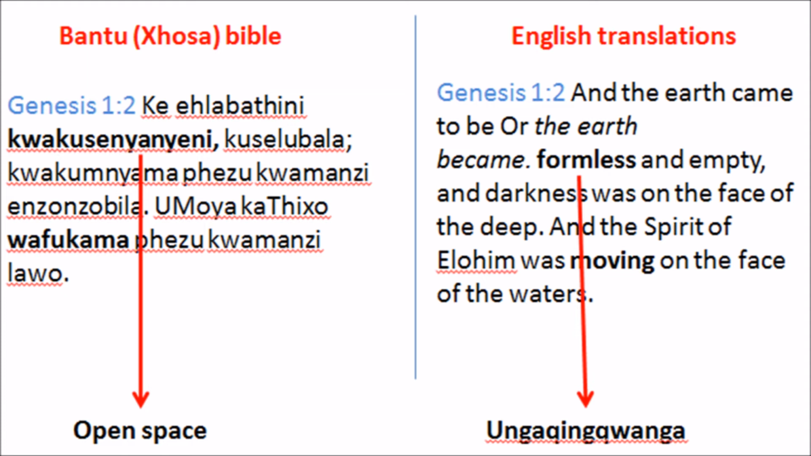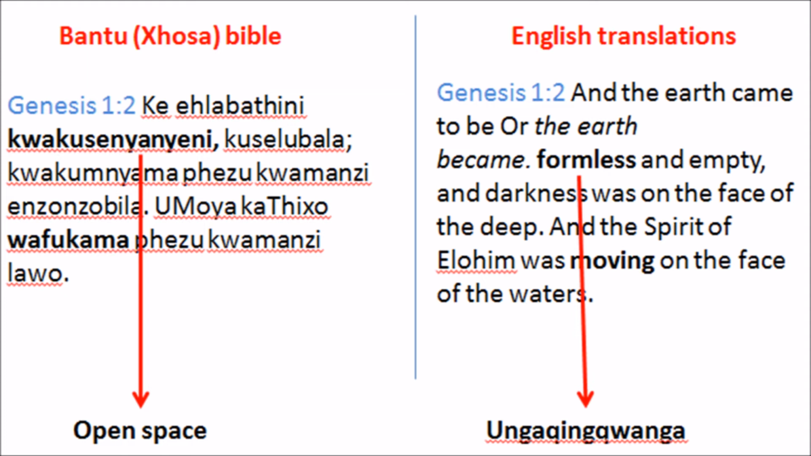But at the time, they just said formless because they were just looking at nyanyeni and asking what are we going to say, formless. Because there is somebody else who did not know the Bantu language, did not know the Xhosa language. He's just translating, probably using a dictionary, or just somebody who says, nyanyeni, in the beginning was a formless. Okay, let's look at another example, maybe,